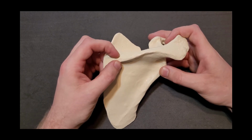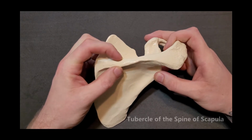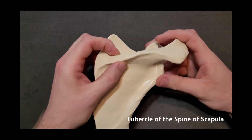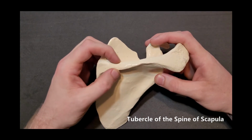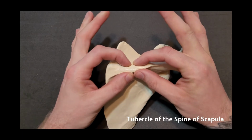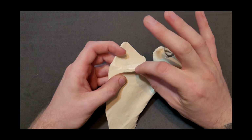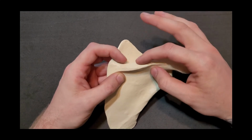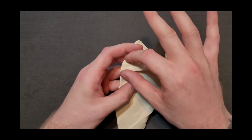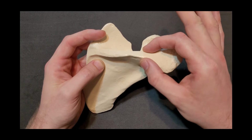As we start heading along the spine of the scapula, it actually thickens and widens out a little bit, and it creates a little bit of an impression below. This is known as the tubercle of the spine of the scapula. So right in here, this is one of the insertion points for your lower trapezius muscle, which kind of pulls and creates a little bit of a bump in there, as well as deltoid is attaching right in this upper superior part of it. So we have root, we have tubercle, and then a continuation of the spine until it